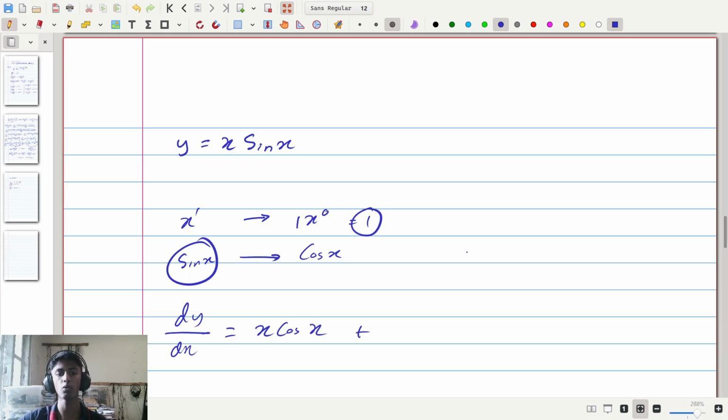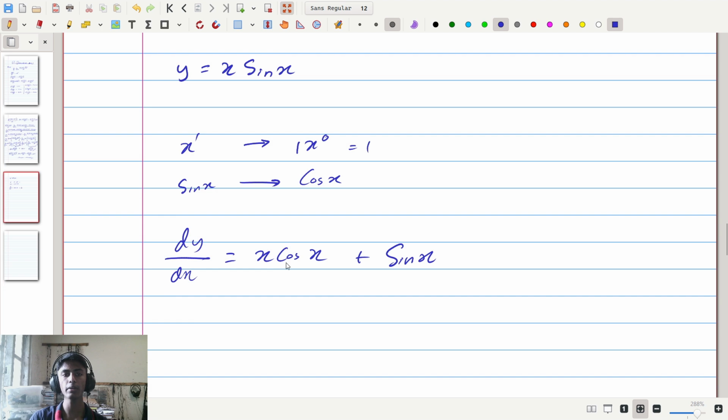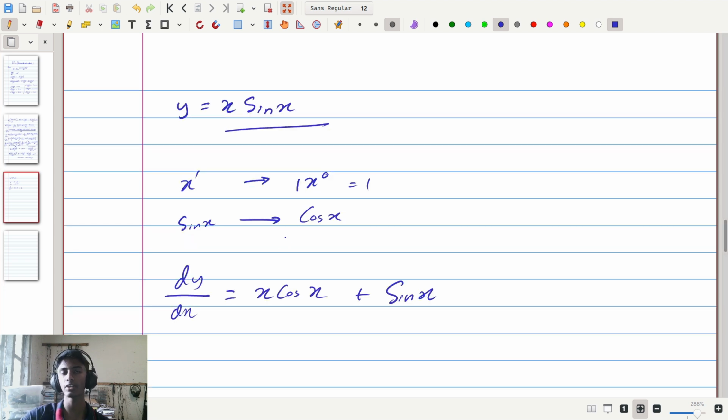So therefore over here we need 1 times sine of x, so here this is sine of x. Therefore the derivative of y equals x sine x is x cosine x plus sine x. This is an example of the kind of place that you will need to use the product rule. In practice, of course, you're going to have much more complicated problems to solve where you have to use the product rule, but this is just a simple example to show you that you could use the product rule in